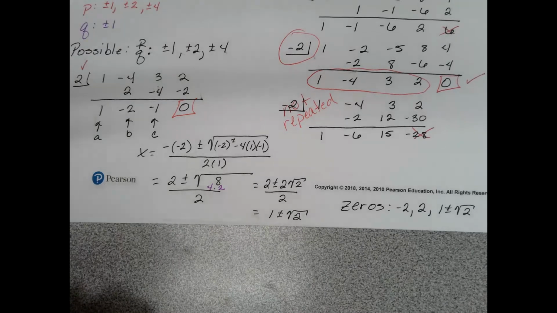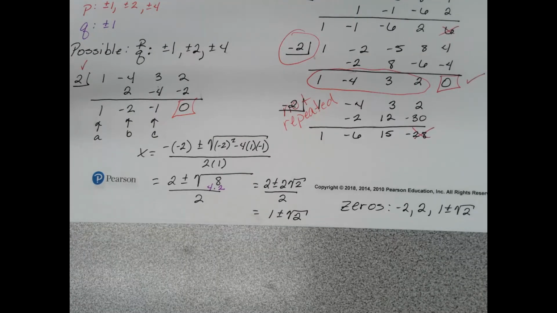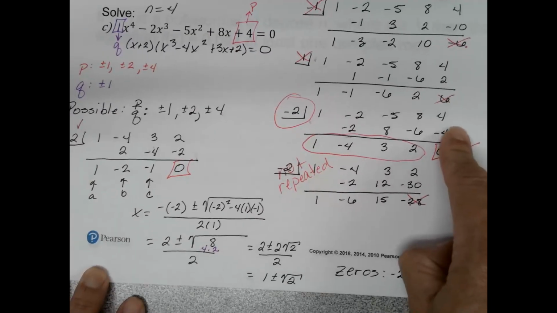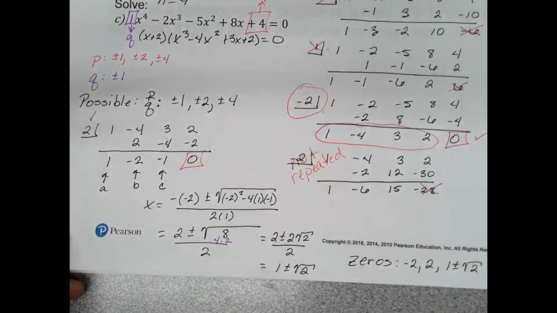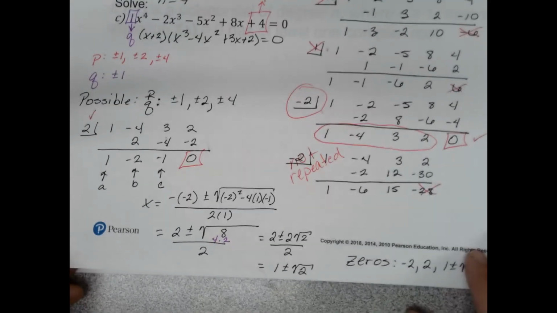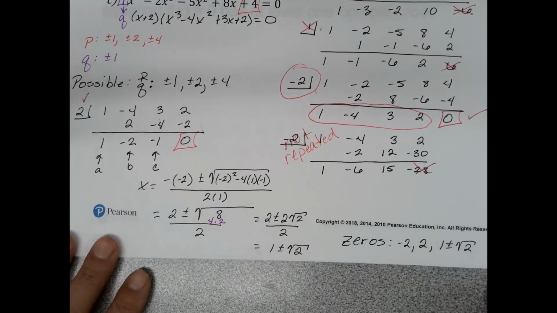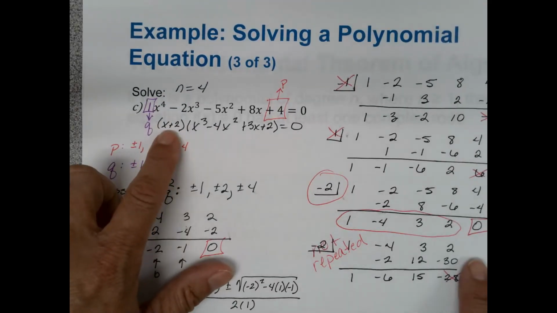This is a very repetitive process. Now, if your P's and your Q's have a lot of factors, it gets monotonous for sure, because you will probably try a bunch and not get zeros maybe for a while. And the higher degree your polynomial is, of course, the more repetitions you have to get because you're looking for all of those zeros. Jaron, what's that x plus 2 up there where you wrote the